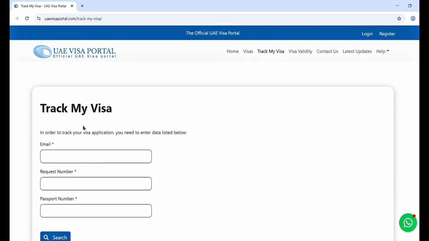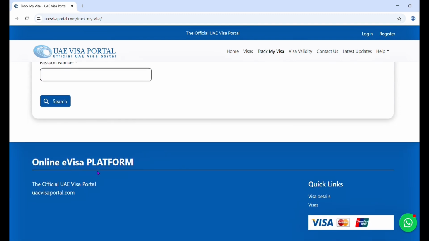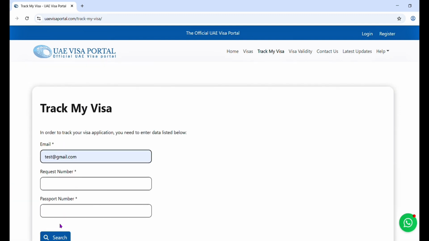Give your correct email, and you will get the request number once you have done the payment. Then your passport number. Then you can search here. Once you search, your visa status will be shown here. And once you enter the UAE, you can check your visa validity from this section.